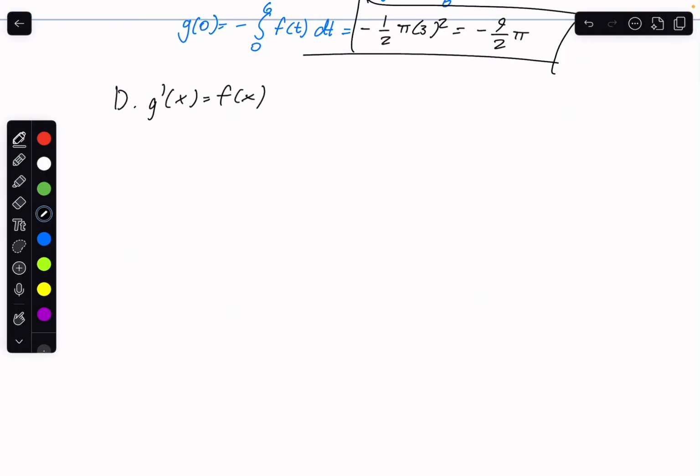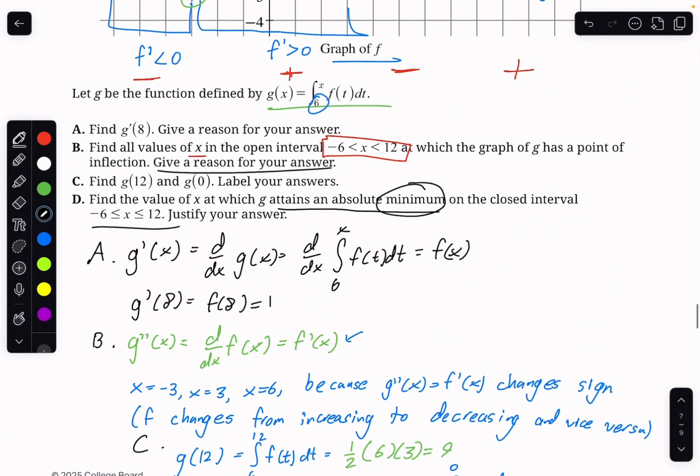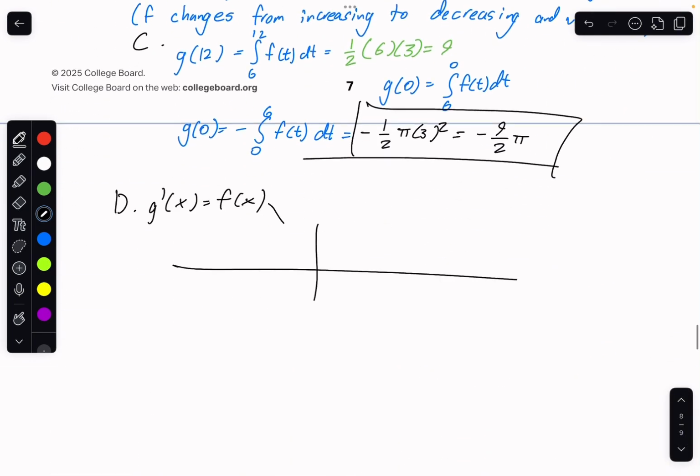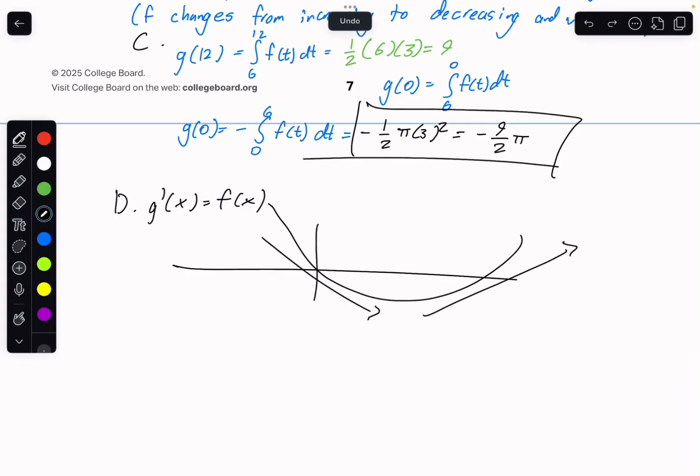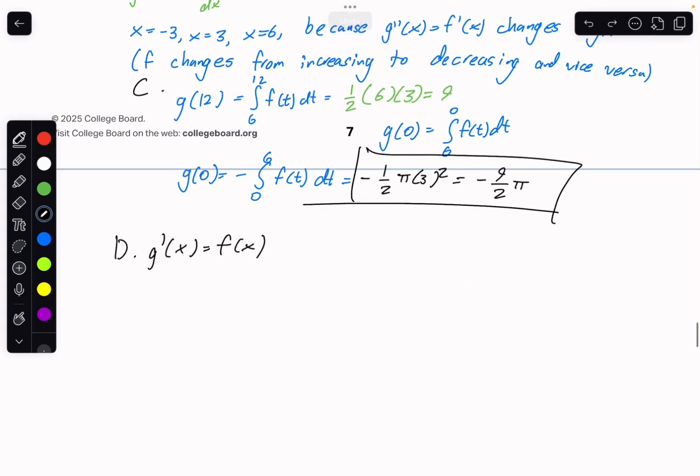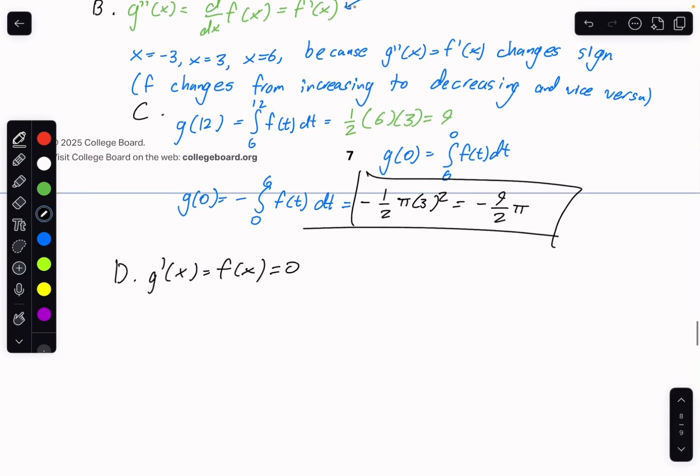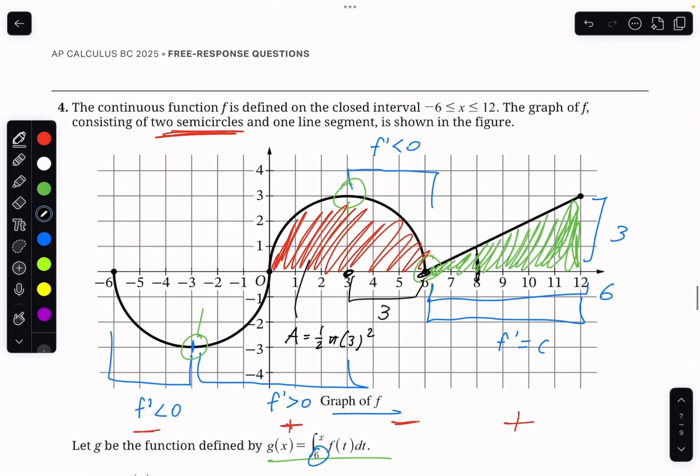And let's find when g prime of x is equal to 0, or when it changes from negative to positive. Because what do they want? They want their minimum. When a function changes from decreasing to increasing, that's when we know there's a minimum right there. So let's analyze all of our points. When is this going to equal 0? It's going to equal 0 when f of x equals 0. So our potential candidates for when g of x is minimized are negative 6, 0, 6, and there's one more